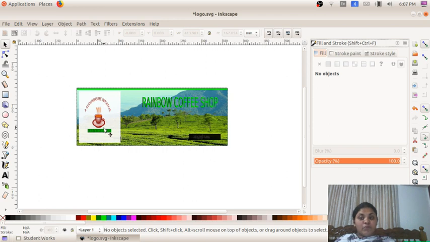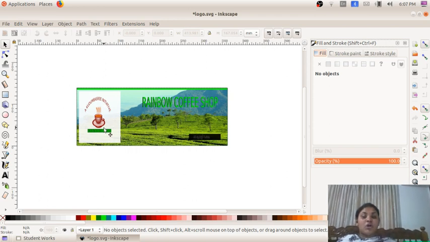So in all these activities, the common method which we are using is object group. After drawing each circle, we have to group these objects to make it a single picture. So after drawing the cup and saucer, we group the objects. After that, we place it in the corner.